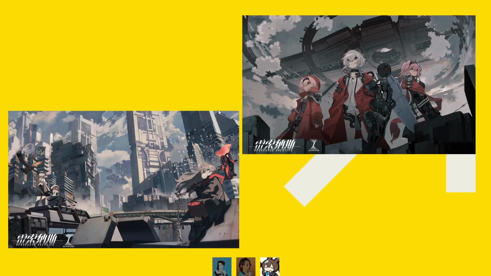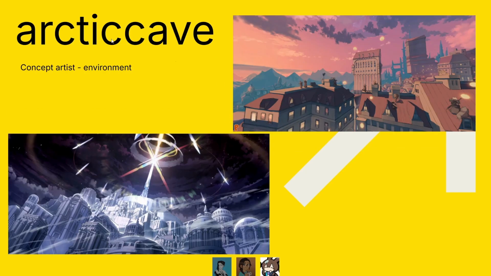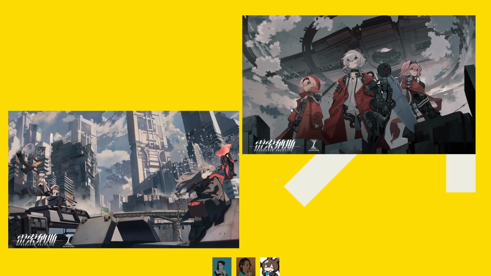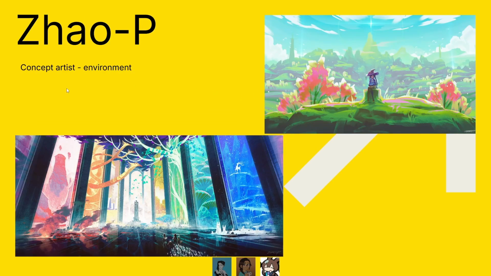I mean, it just feels cooler. And yeah, that's kind of that. And this is Arctic Cave, who I would get for more of the architectural city design aspect of it, while this next artist, Zhao-P, another artist that I followed for a very long time, who I admire, I would